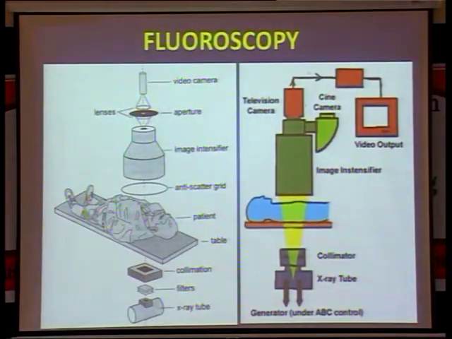Next one. Fluoroscopy. This is the way you do the fluoroscopy. You see there is the image intensifier and there is the screen. There is the vision from which the images fall. There is a body, filters and the X-ray tube there. When you put this switch on, what will happen?